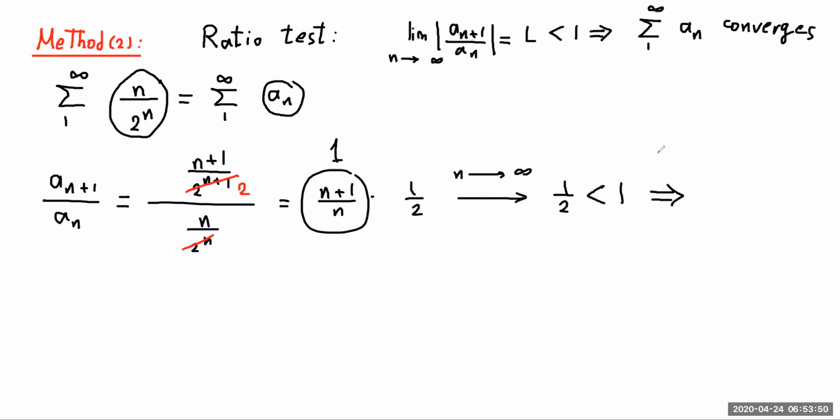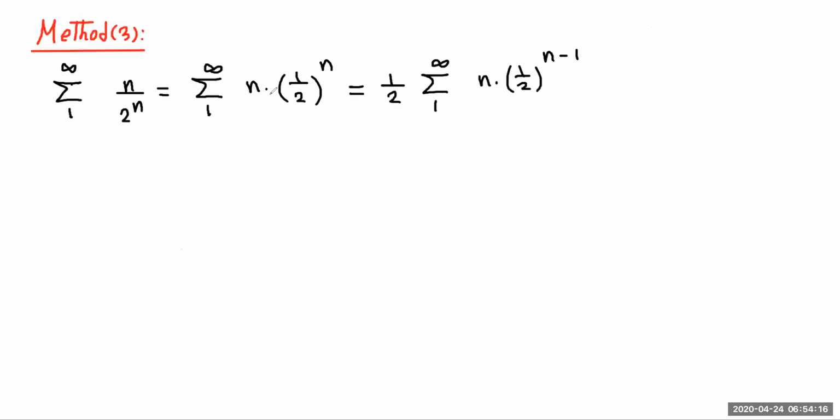Now using the ratio test, the series sigma a n, which is n over 2 power n from 1 to infinity, converges. In method 2, I didn't calculate the answer, but I can answer if the series converges or diverges. Method 3,